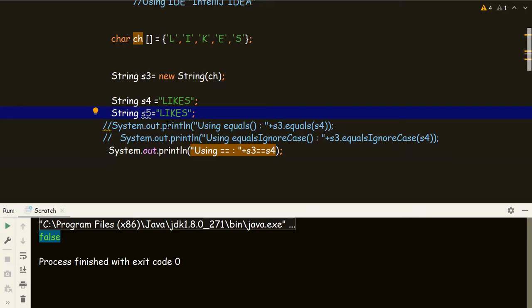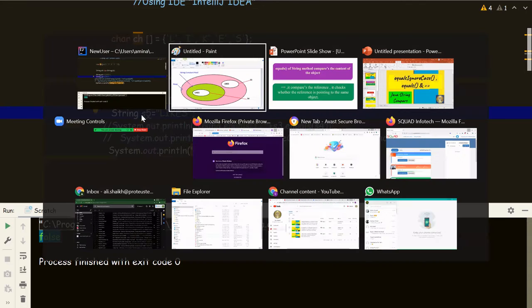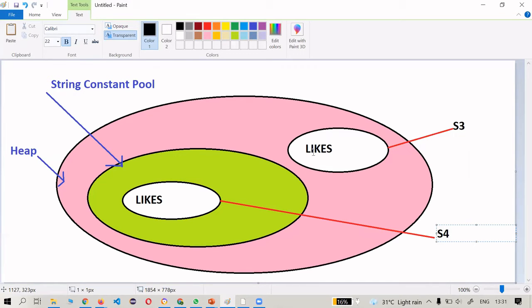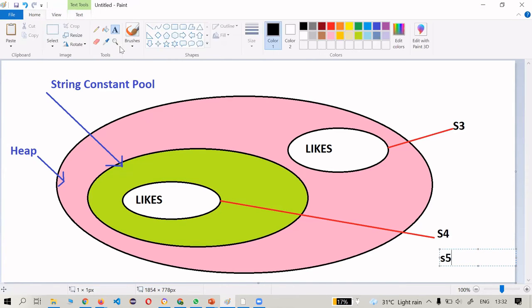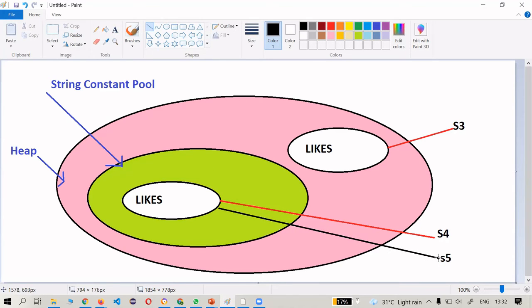It will first check whether the object is present in the string constant pool. If it's present, it will just pass the reference to it. It's present over here in the string constant pool, likes. So it will just pass a reference to it, and s5 will be that reference. Here you can see that s4 and s5 are pointing to the same object. So it should be equal.